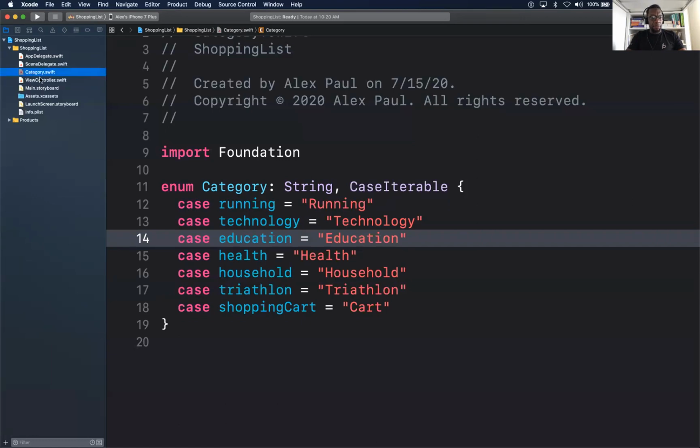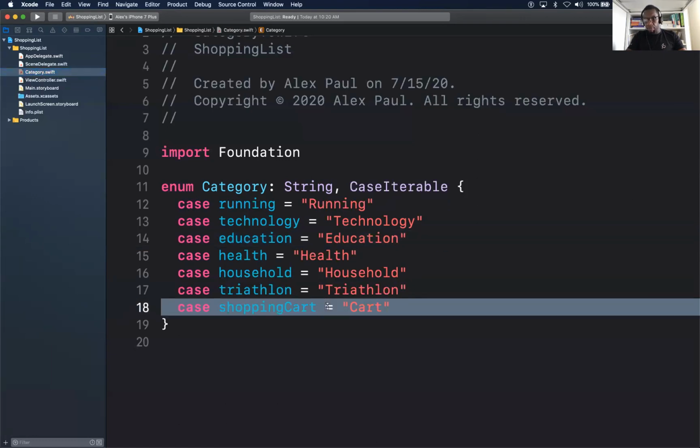Isn't this a shopping cart? This is not a shopping cart. At the end of the day, we'll be able to move items from running to a shopping cart section. Okay, so you're just putting it there. Yep. Okay. Very good. Good questions. Keep them coming.